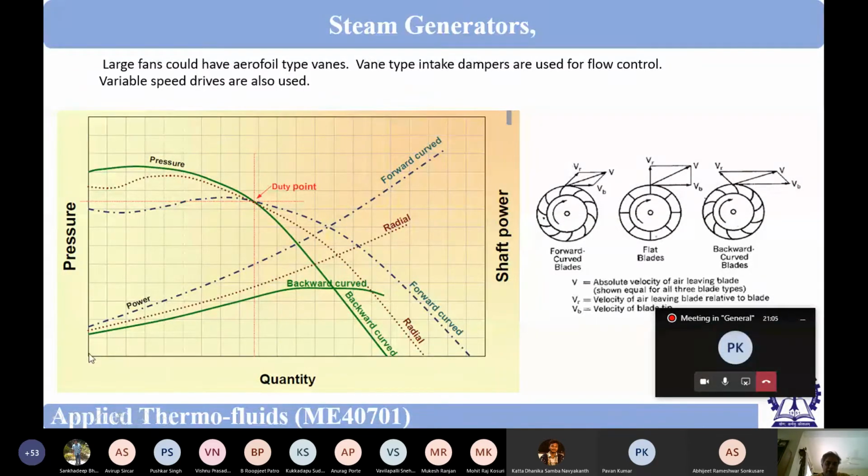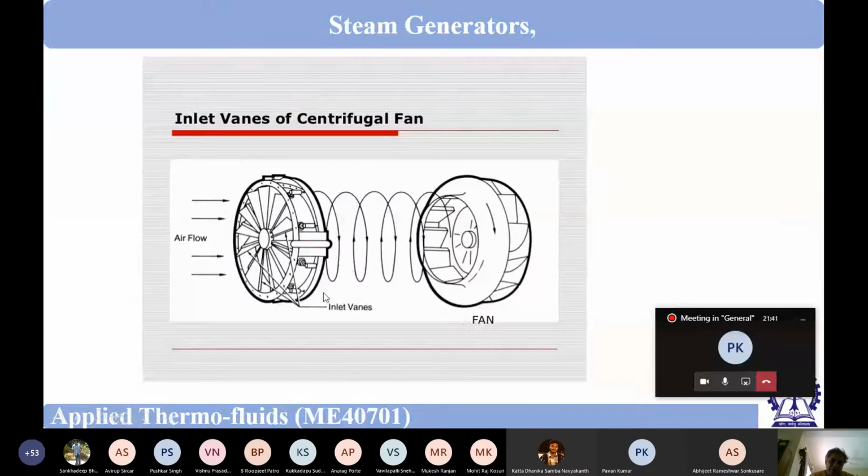So in the efficiency and flow rate curve, at the beginning the efficiency will be 0. Why? Because you are spending energy, but you are not getting any flow. That means you are not getting any work, but you are spending energy because there are different losses. So this is actually output power. This is not power. I mean, output power means whatever electrical power you are giving. So the efficiency curve will look something like this, just see the cursor, like this.